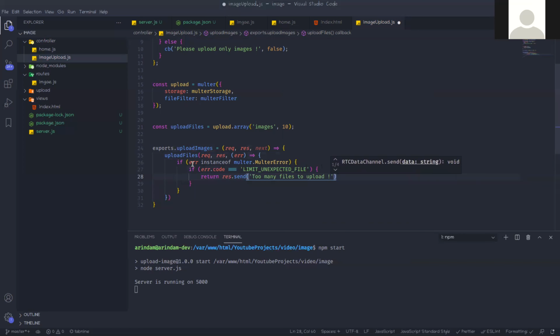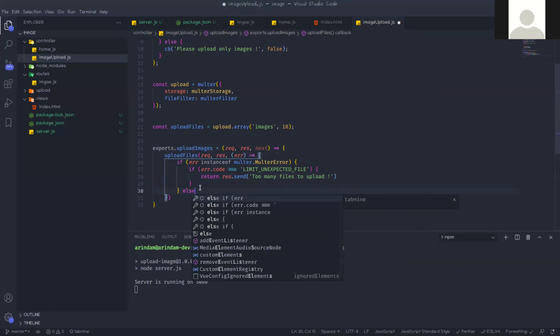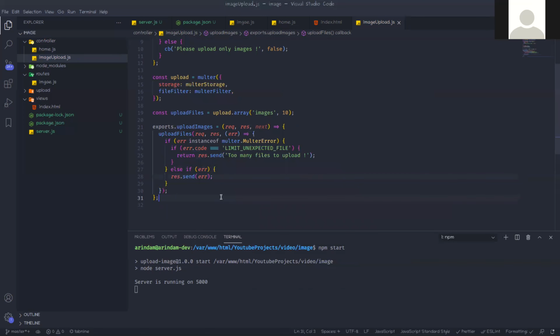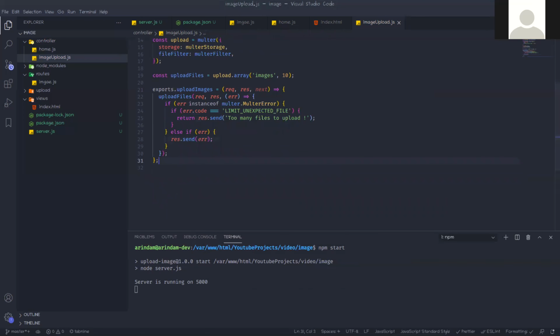If this type of error does not happen, then else if only an error is there, at that time you can send only that error, res.send(error). Okay, so this is actually for upload image.